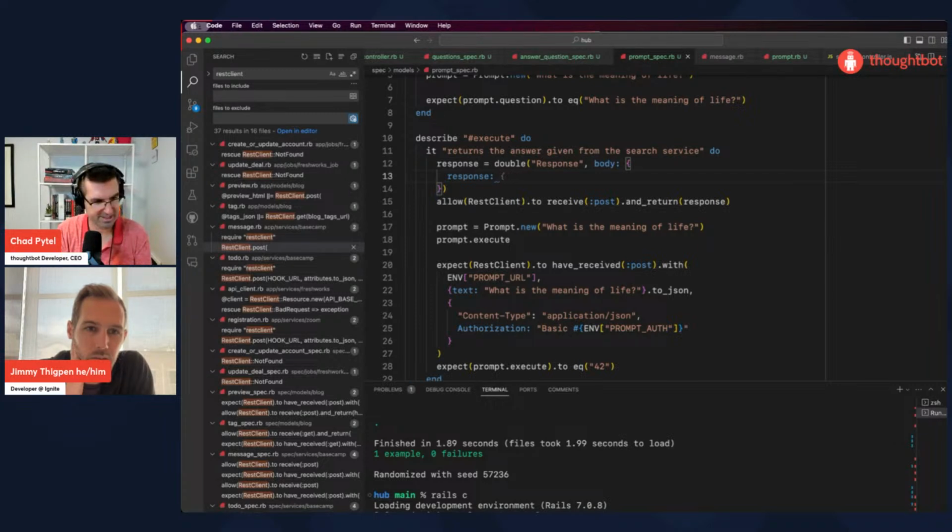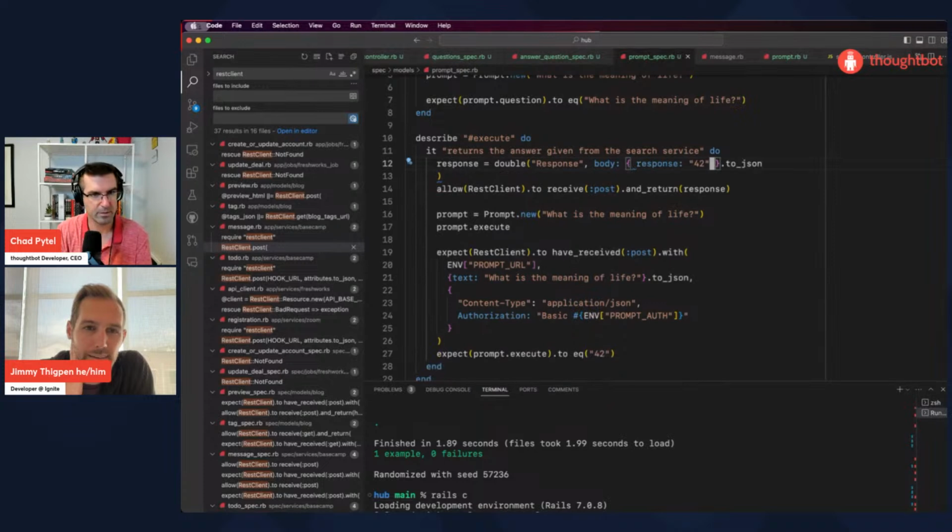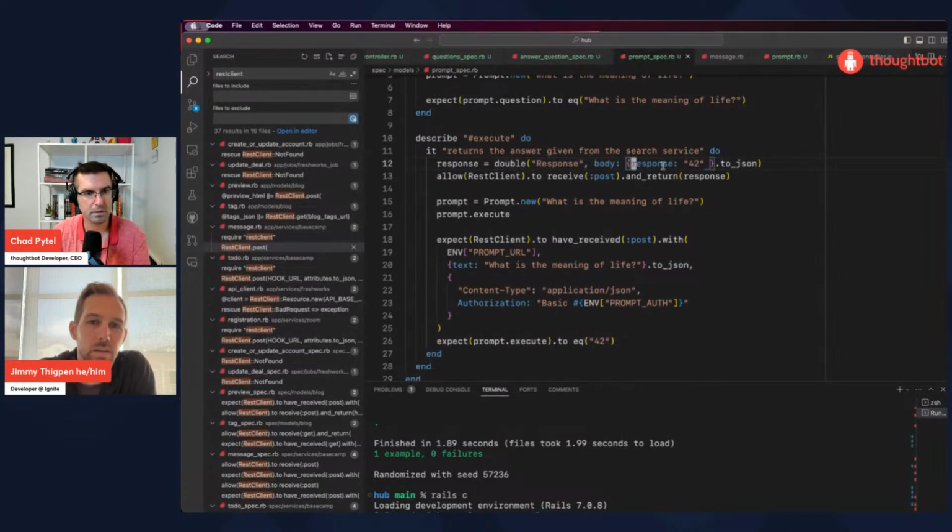So this is 42, and then we need to call to_json on that. Actually, it all fits on one line. Cool.